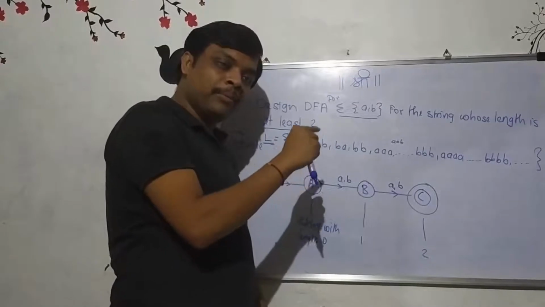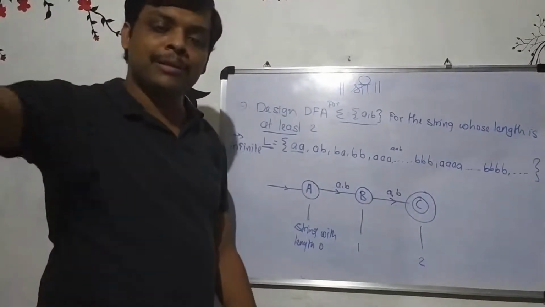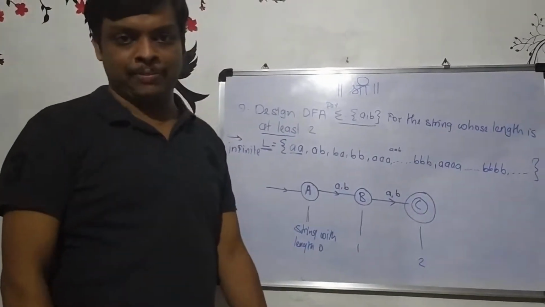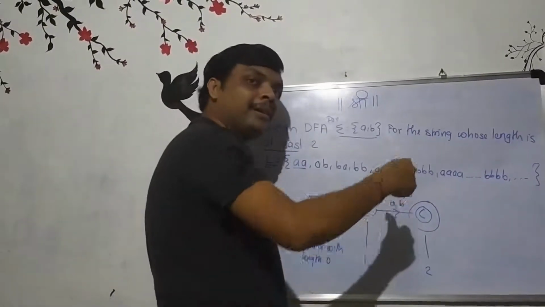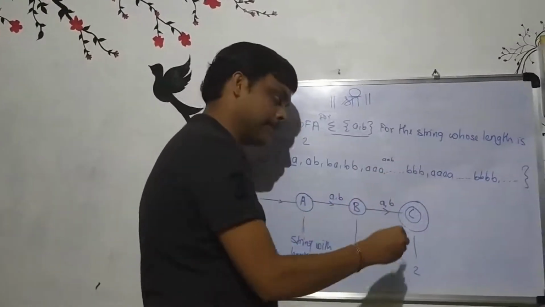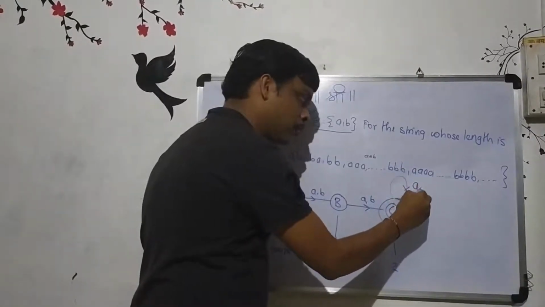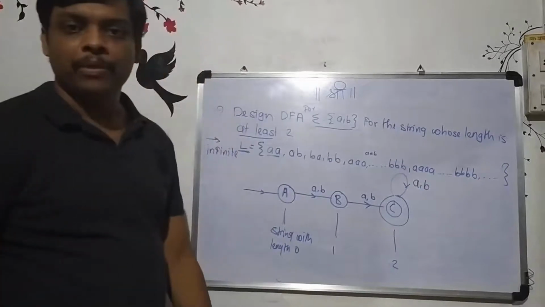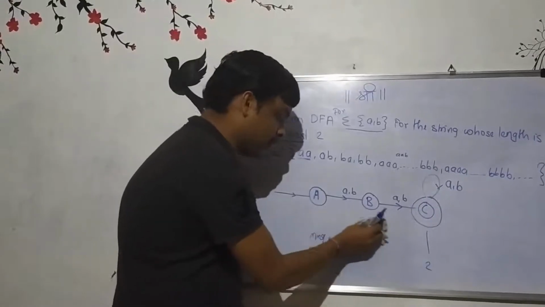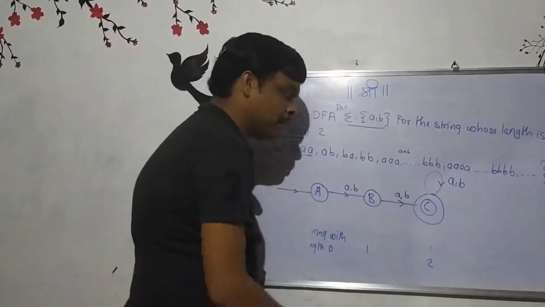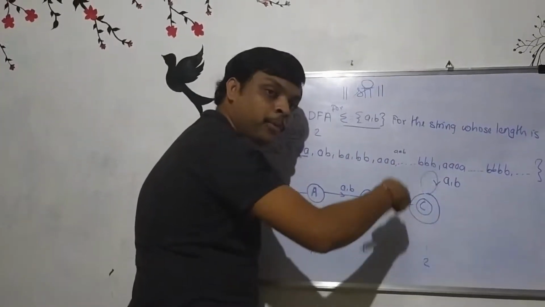At least 2. Its meaning is, minimum 2 we have to accept, then 3 also we have to accept, 4 also, 5, 6, 7, an infinite number of strings. So if its length is 3 we have to accept, 4 we have to accept, any number we have to accept. So how to represent this? For that, on C you can draw one loop, and here you can mention A comma B. If you make this change, then this will accept all further strings whose length is more than 2 as well.